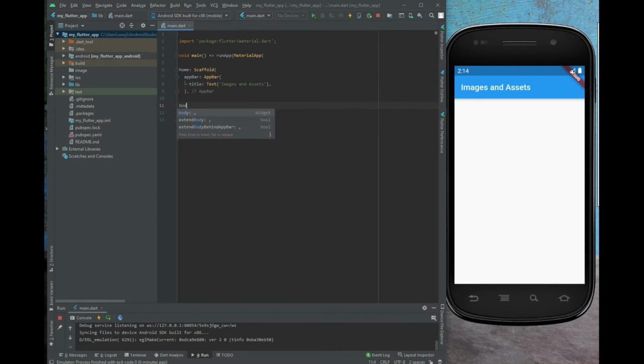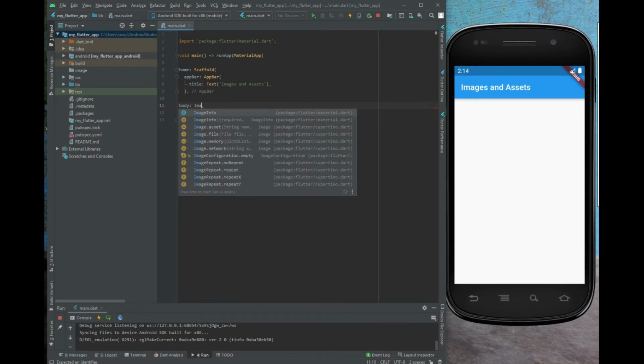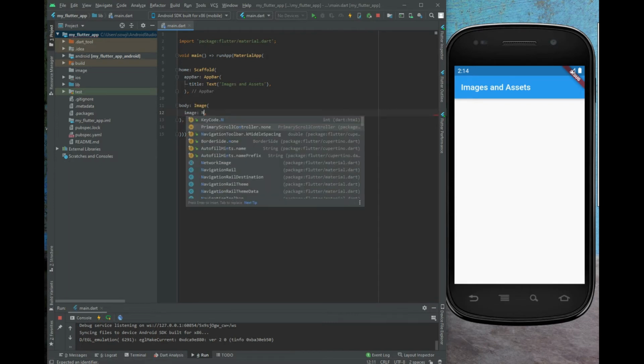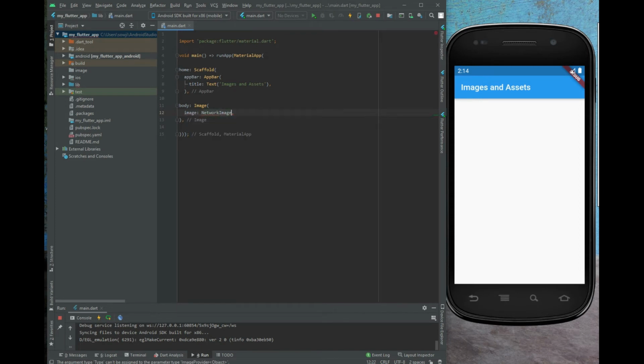Okay, next, first let me start with network image. So I'm going to add a property called body. Within that I'm using an image widget. Within this image widget I'm going to add a property called image and add a network image widget. So we need to pass the URL of the image here. So in the browser